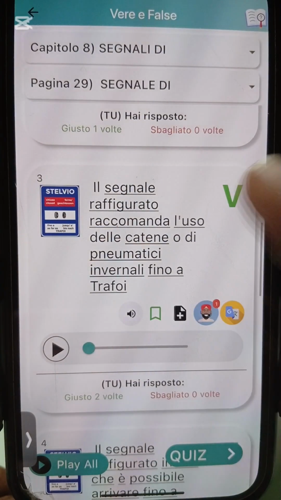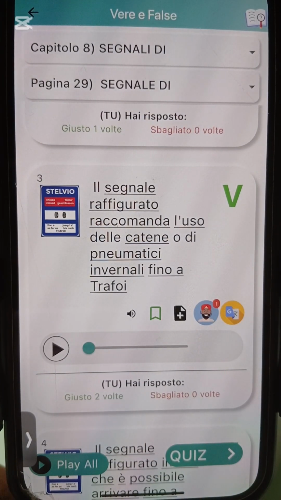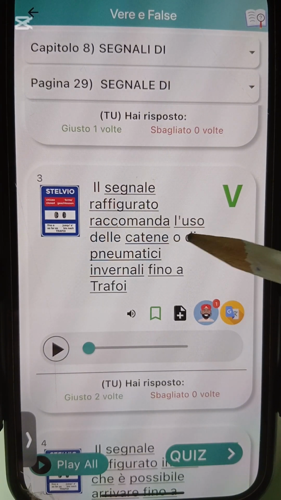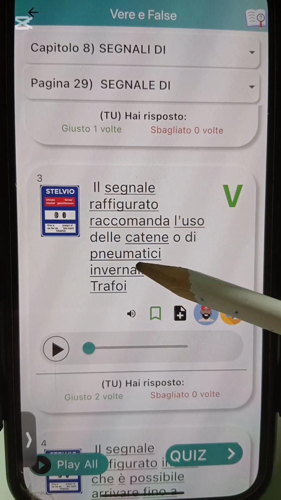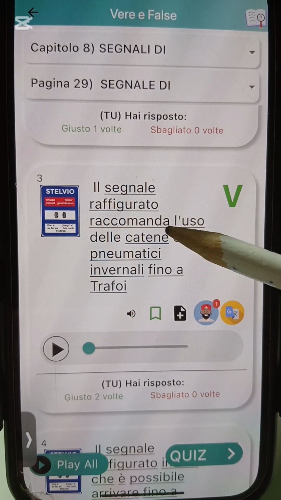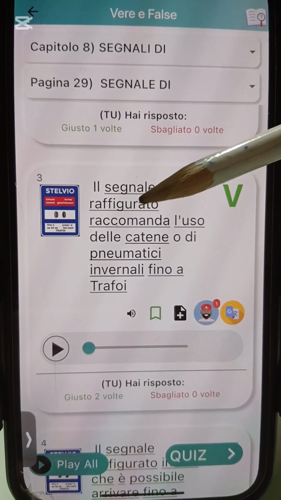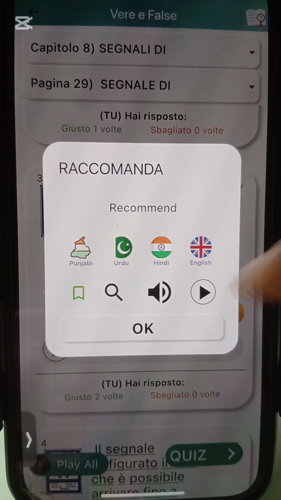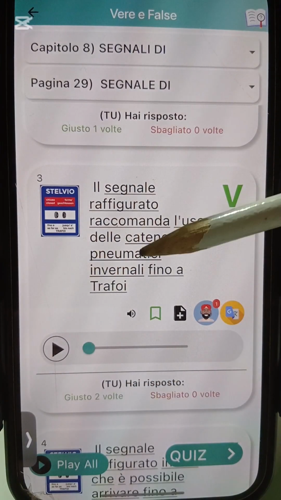"Il segnale raffigurato raccomanda l'uso delle catene o di pneumatici invernali fino a Trafoi." This sign recommends, recommend is recommend, the use of what?